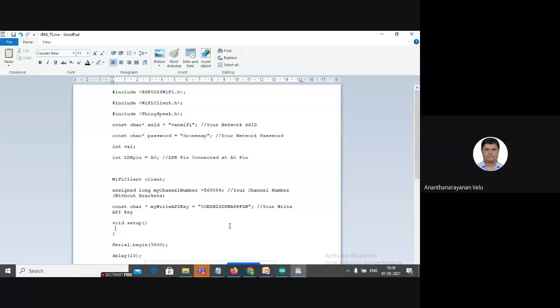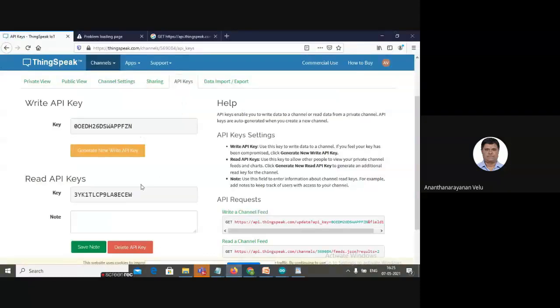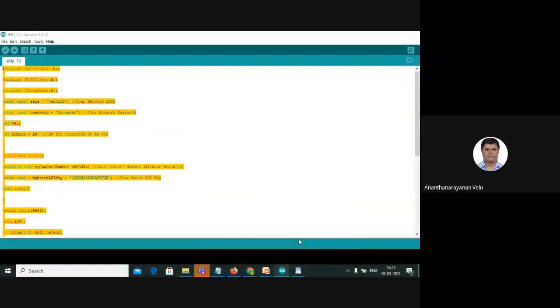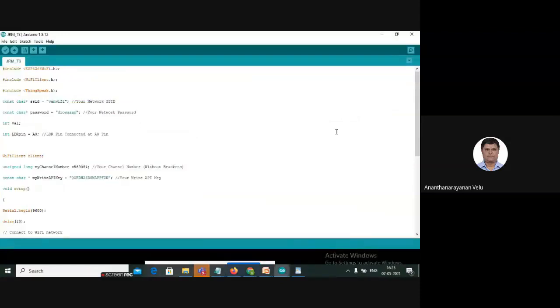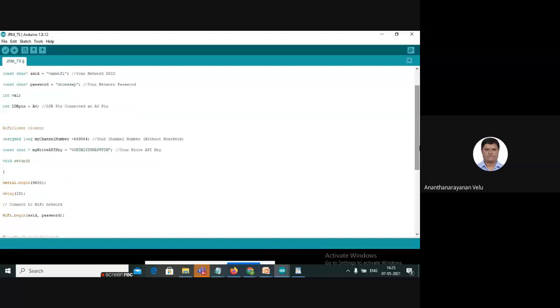Apart from that, they will also provide you the write API key as well as the read API key. So you have to go to the ThingSpeak cloud site, note down your write API key, copy it, and then paste it in the code. So your write API key should be here. Clear? Fine. So I have furnished two pieces of information: channel number and write API key.